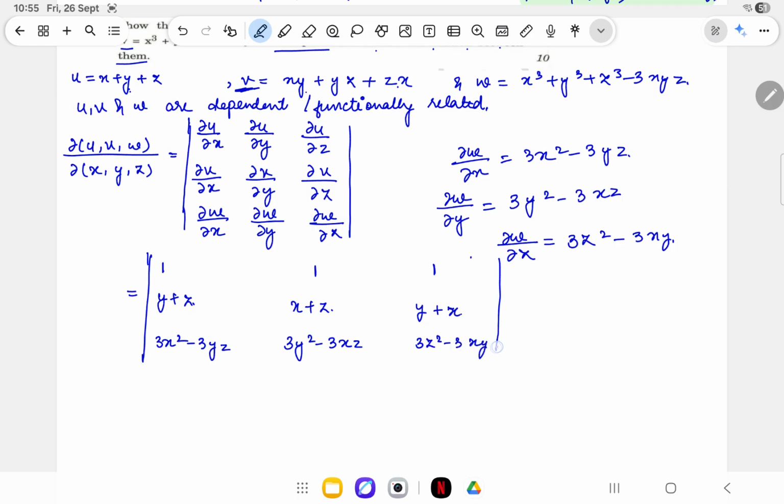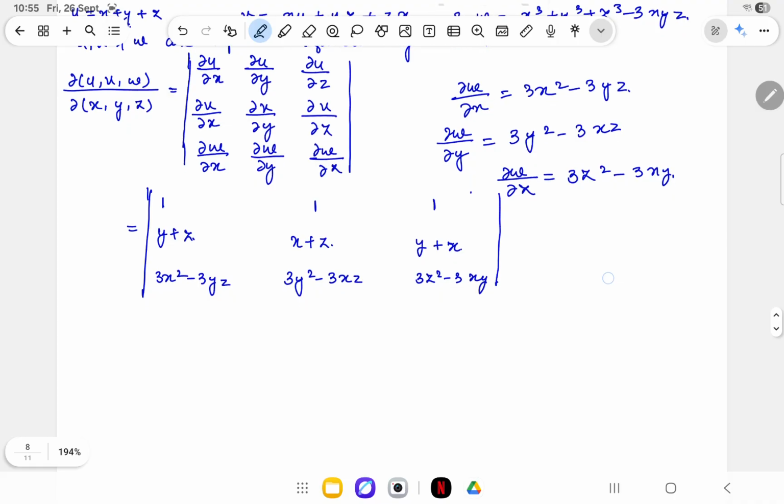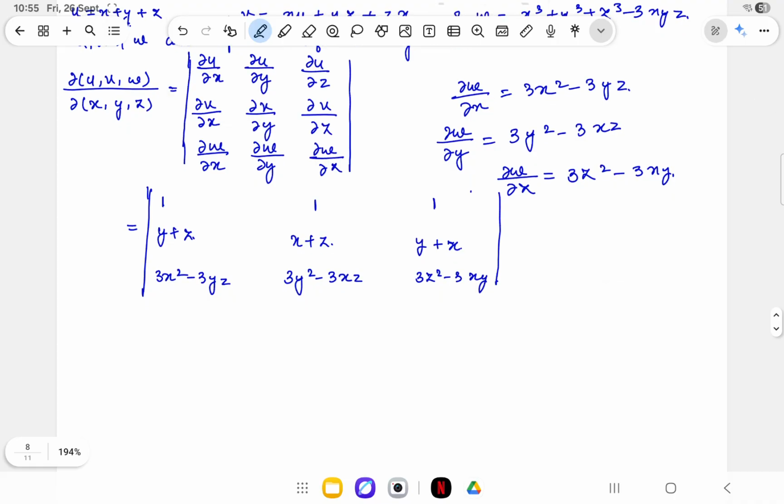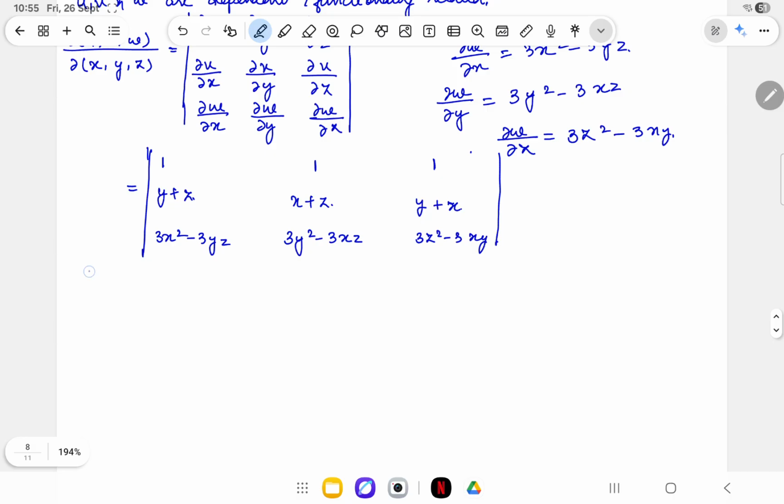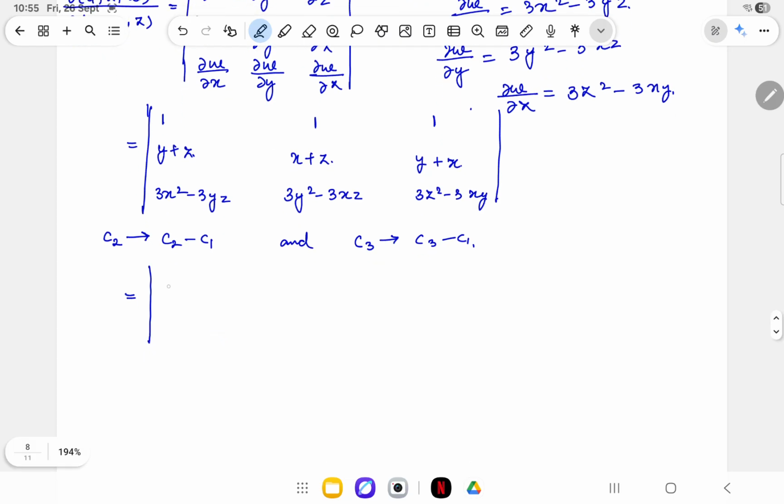Now let's simplify this determinant and see what we get. I can use certain elementary column operations to reduce it. So let's use C2 as C2 minus C1 and C3 as C3 minus C1. So it will be 1, y plus z, 3x square minus 3yz, and here it will be 0, x minus y, and here it will be 3 into y square minus x square